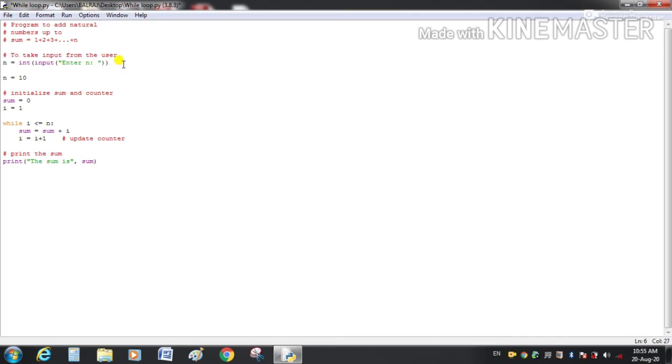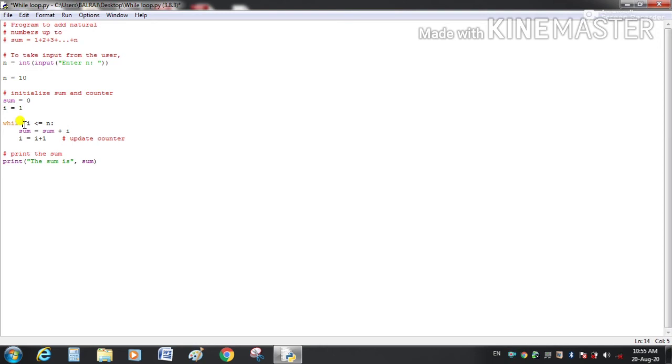So, enter n. Here the user has entered n is equal to 10, means the sum of the first 10 natural numbers. Initially the sum is 0 and we are initializing the counter i with value 1, and here is